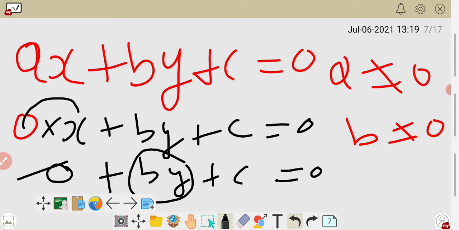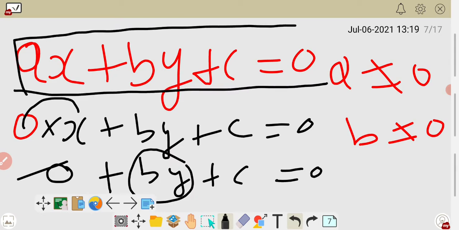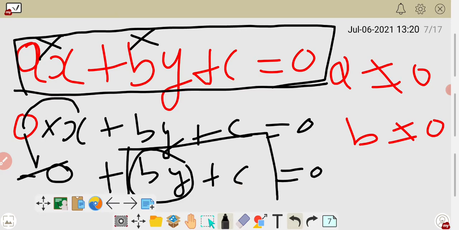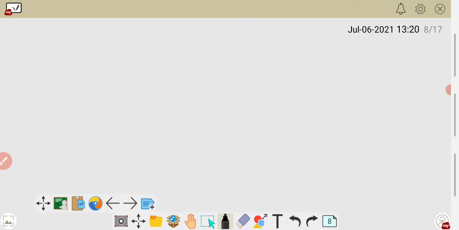So if you write the general form like that, ax plus by plus c is equal to 0, then in that case a should never be equal to 0 and b should never be equal to 0. If a or b is equal to 0, then it is not a linear equation in two variables. If you put 0 in place of a, then that term will be removed, and only a linear equation in one variable will remain. This is the standard form of a linear equation in two variables, so if you take a or b as 0, it does not remain in the standard form of a linear equation in two variables.